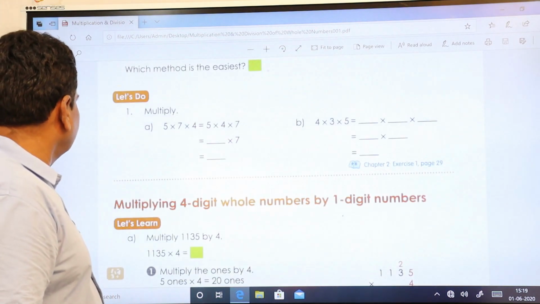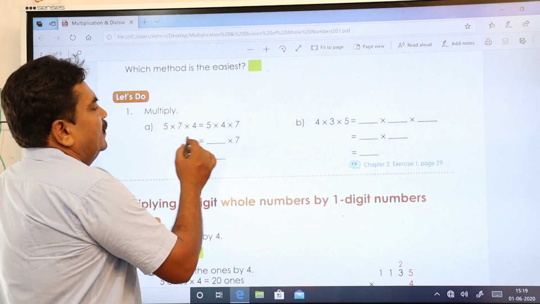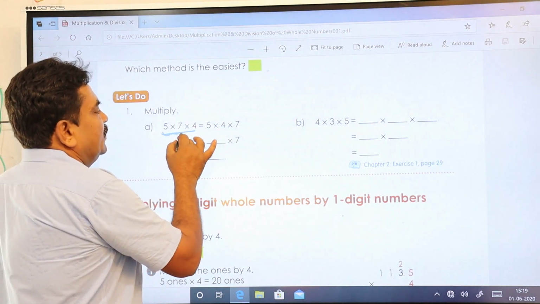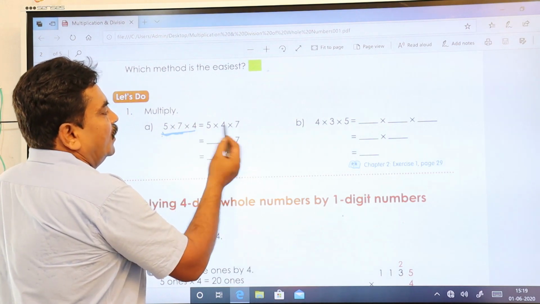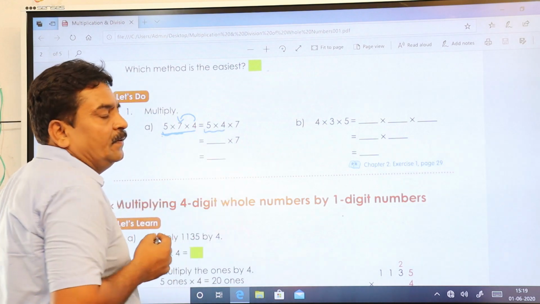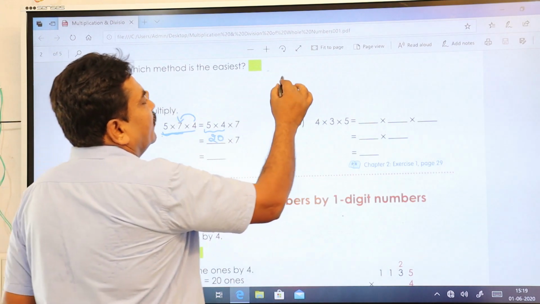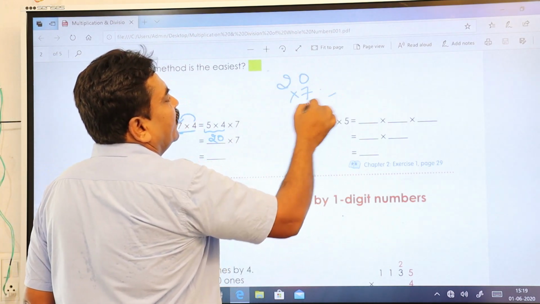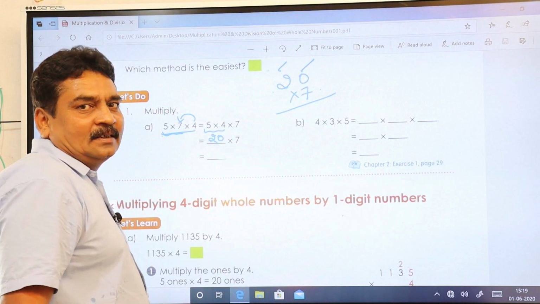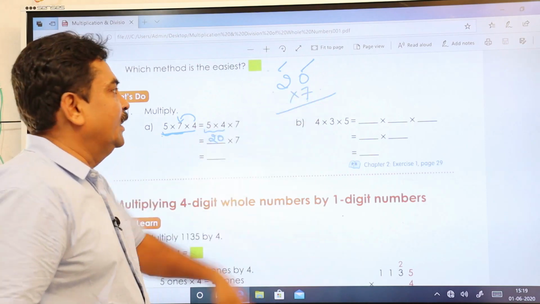Here also the same thing. Let us do this and we'll see. Right? 5 into 7 into 4. So first you multiply these two, or else here it is given in random order, he has changed from here to here, no problem, you can do it. So 5 into 4, 5 4 times 20. So here 20. 20 into 7. I told you, this is in ones place, this is in tens place. So take it as tens place. So now you see, 2 sevens are 14, means 140.